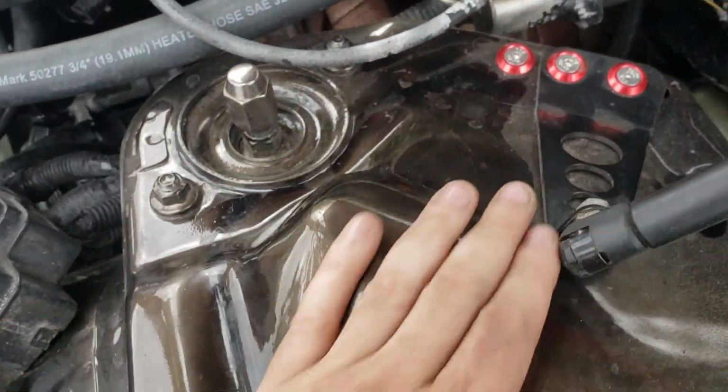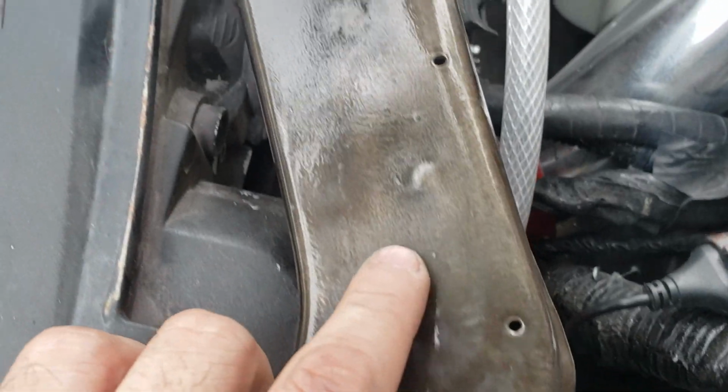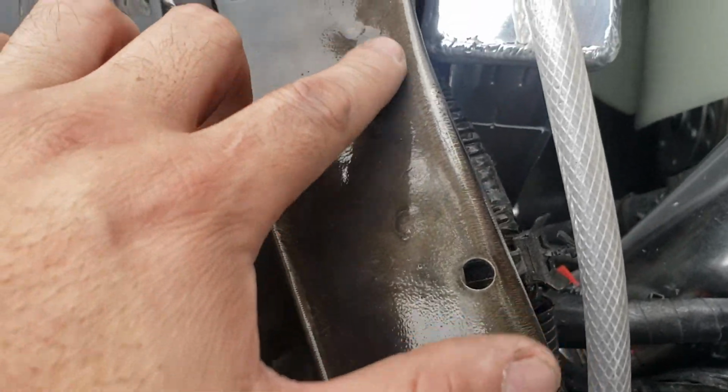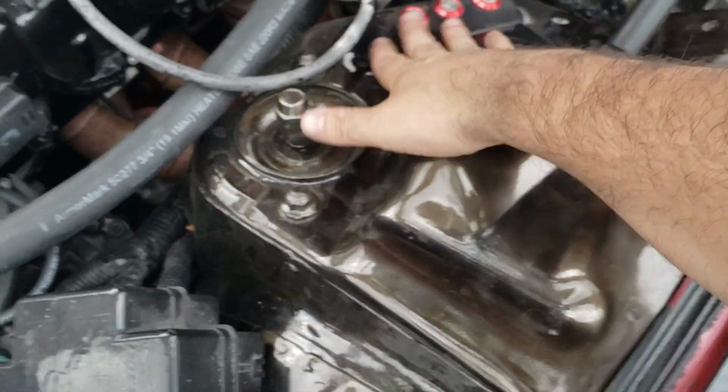So if you look closely, I'm gonna get polished. That's why it's got orange peel. But if you look very closely, that looks like, you know, brushed metal, right? That's because it is. That's literally the engine bay metal itself. What I did though was brush it with a wire brush, then I sanded it down with maybe 300,